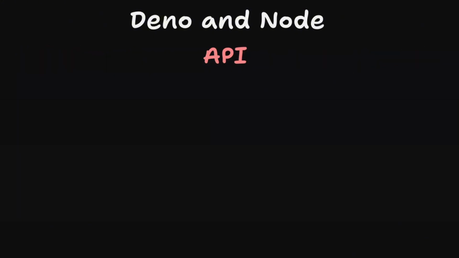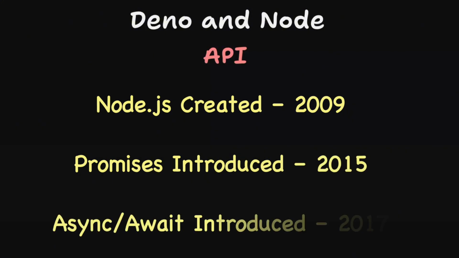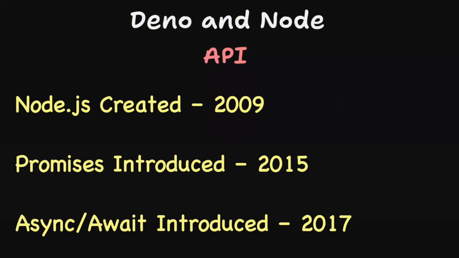Now let's talk about APIs in Node.js and Deno. In Node.js, the concept of promises or async await was introduced in JavaScript before Node.js was created. Hence, most APIs were designed to accept an error-first callback. This means frequently repeated code and complex code was involved. Now that Node developers have access to this async await syntax, they must also manage backward compatibility because APIs change